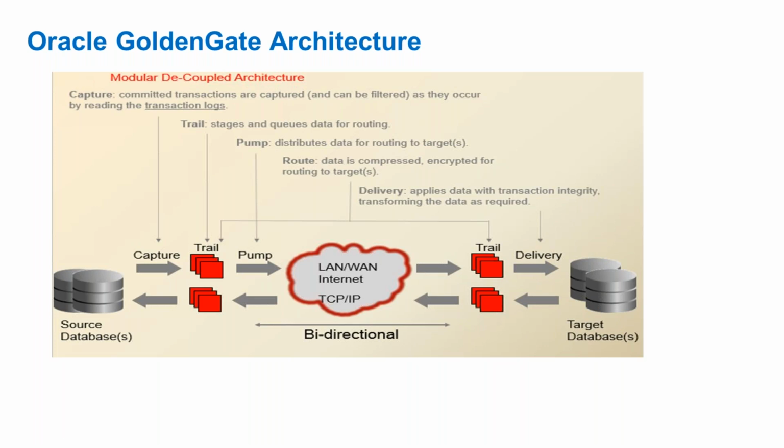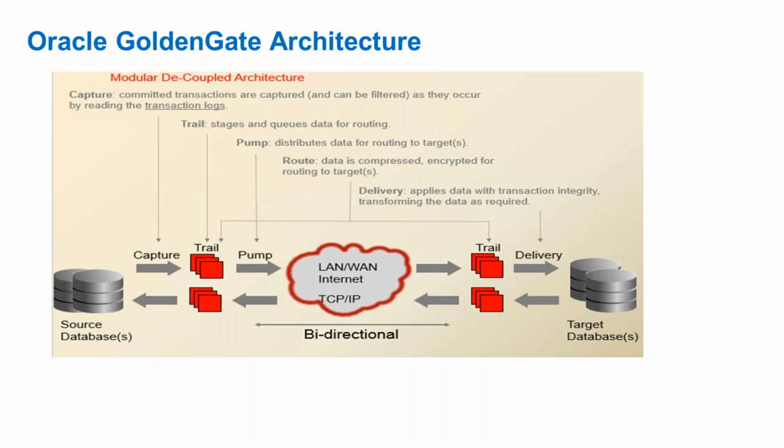Site B will have its own transaction logs. You configure the Golden Gate extract process, which reads the data out of your transaction logs and writes it to the local trail on site B. Once the data becomes available in the local trail on site B, the pump process reads the local trail, sends the data over the TCP/IP network and writes it to the remote trail on site A. Once the data becomes available in the remote trail on site A, the delivery process applies that data to the target database. So bidirectional is nothing but two-way unidirectional with some considerations.